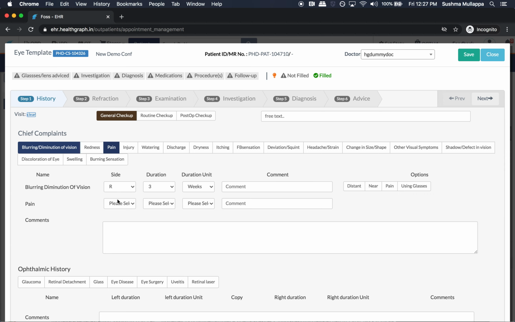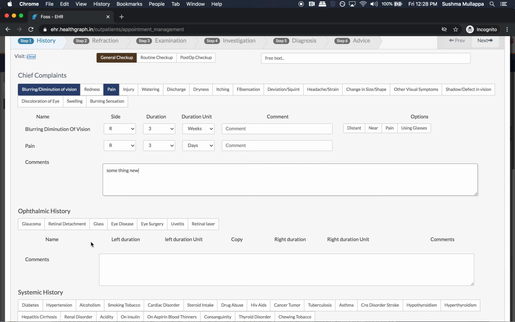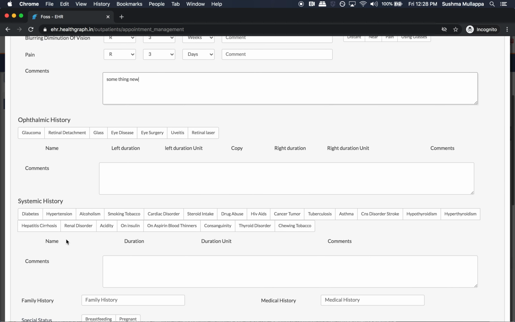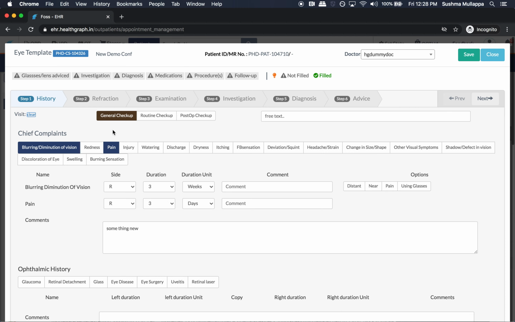Has also pain in the eye from past 3 days. We have covered almost 90% of all chief complaints, but if there is anything extra, you can always type here. Any ophthalmic situation or systemic problems you can capture as well. Any allergies, vital signs.